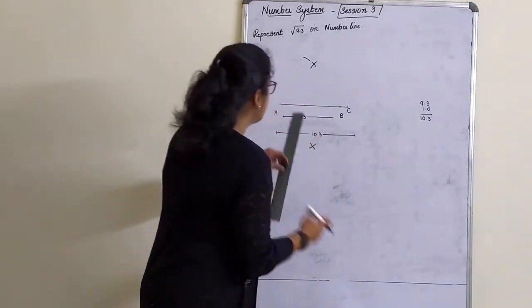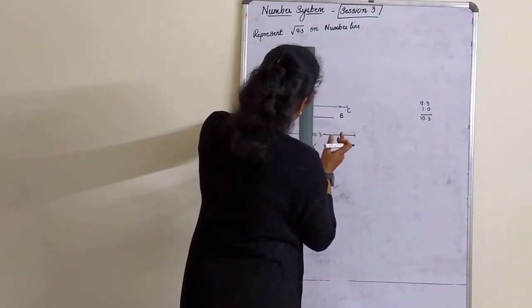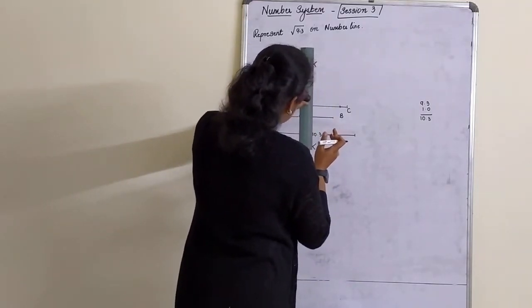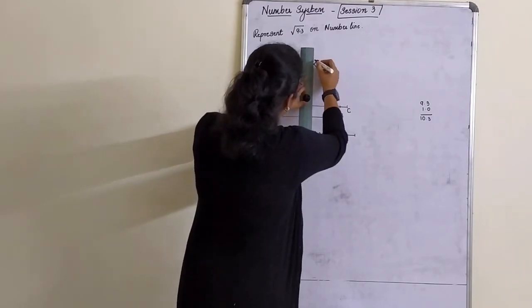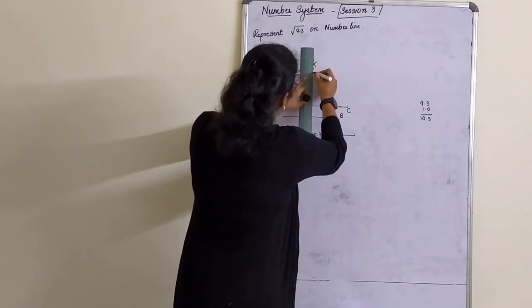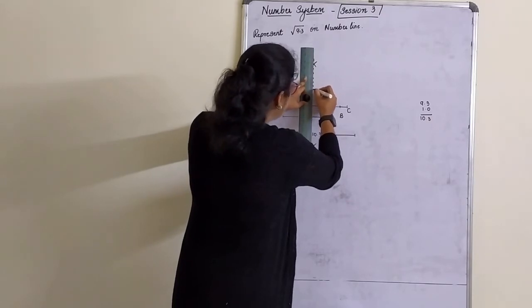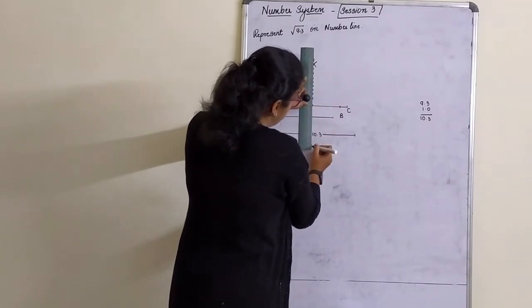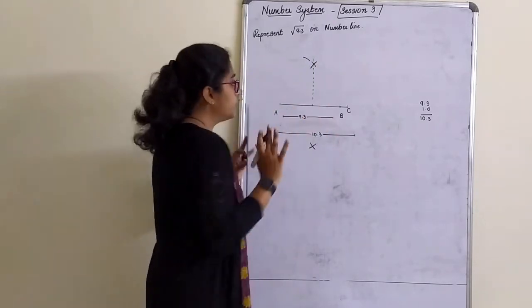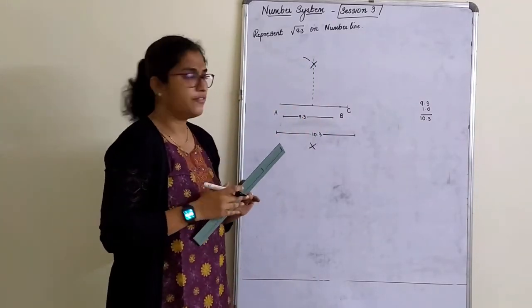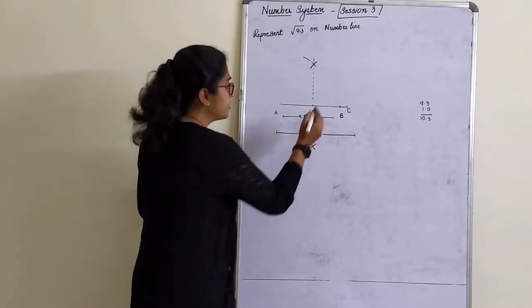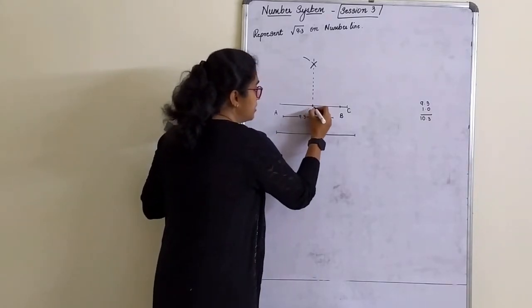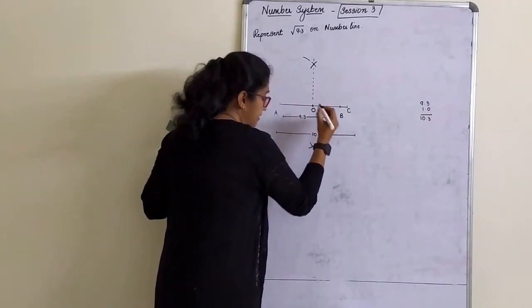Now take your scale and bisect it. Whenever we are doing this bisecting line segment part, that bisection we show should always be in light dotted lines. Okay, you need not show this bisection here and down. It can be only done till here. Okay, if you do that also, nothing wrong. So this is O I will take.